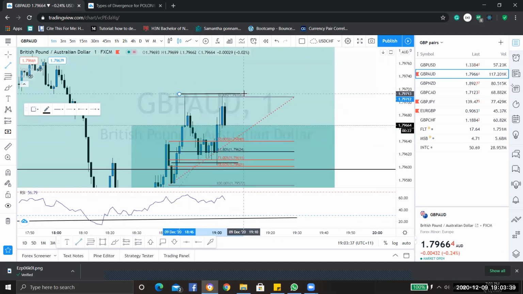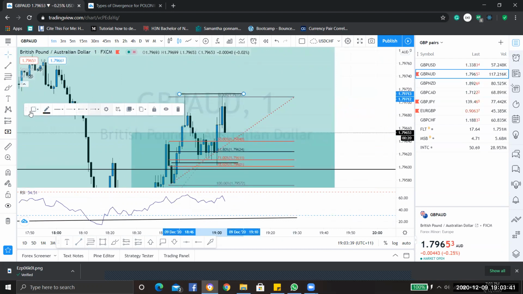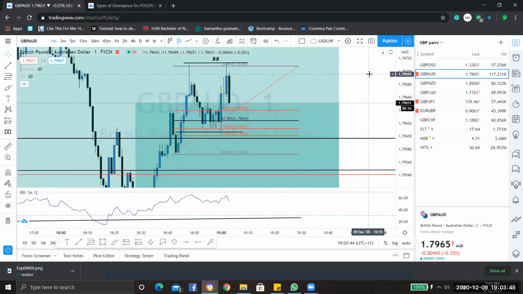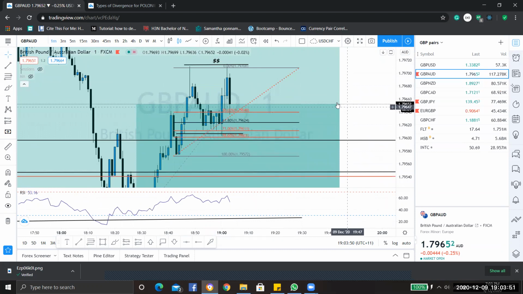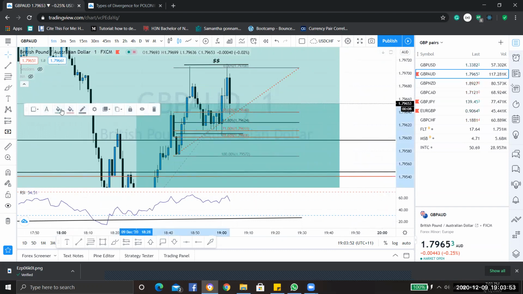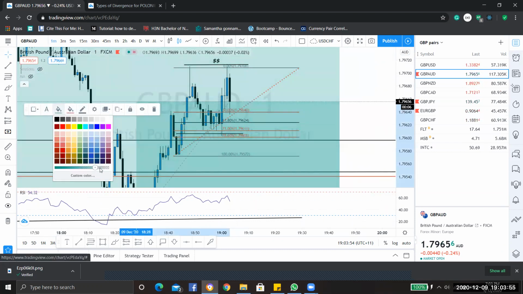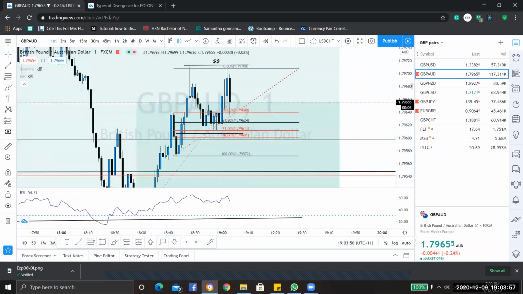over here, a pool of money, and the market will run up to and grab that liquidity. Or is the market coming back? All right, so